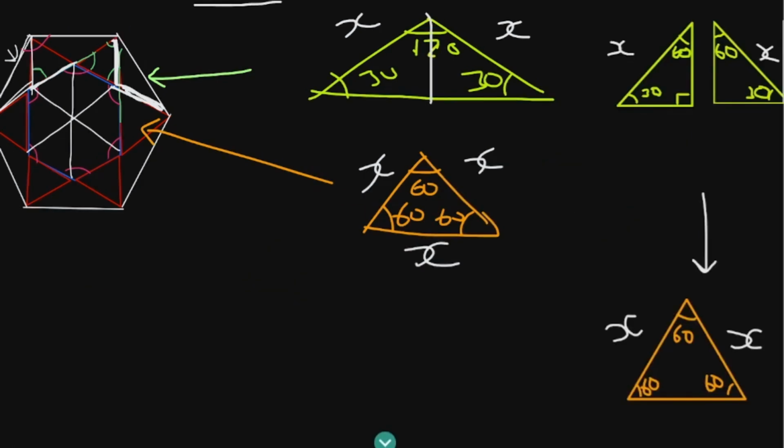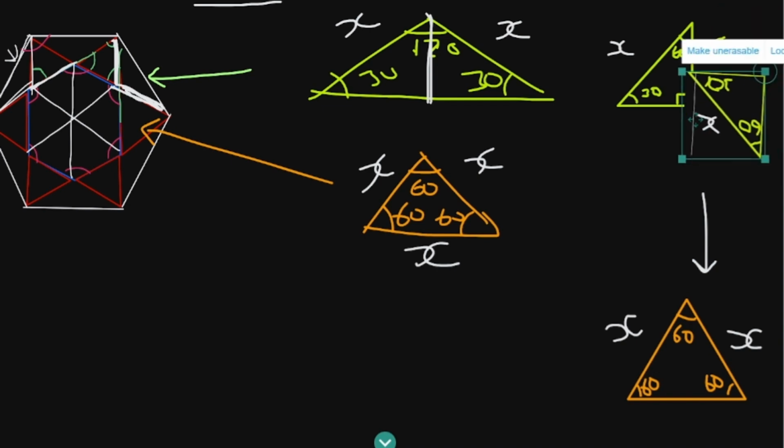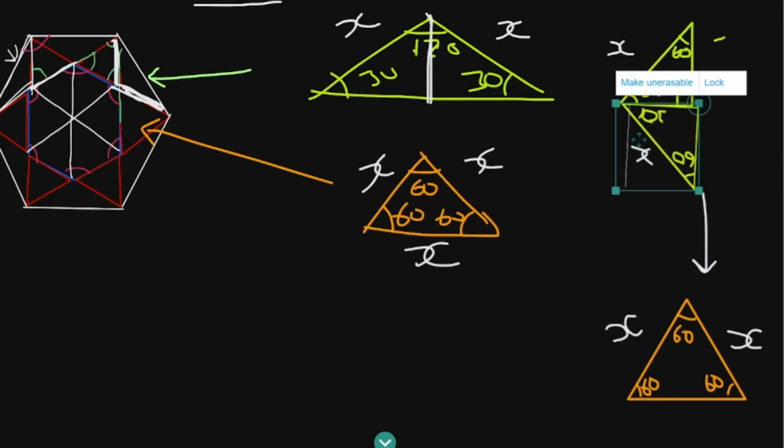But there's actually a much simpler way to attempt this problem. We split this triangle down in the middle to make 2 right angle triangles. And if we take this triangle and rotate it and place it underneath this triangle, we get